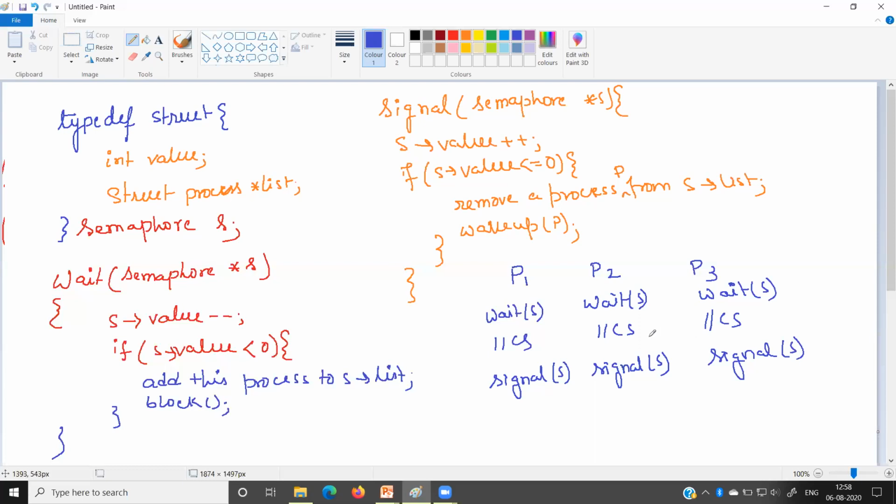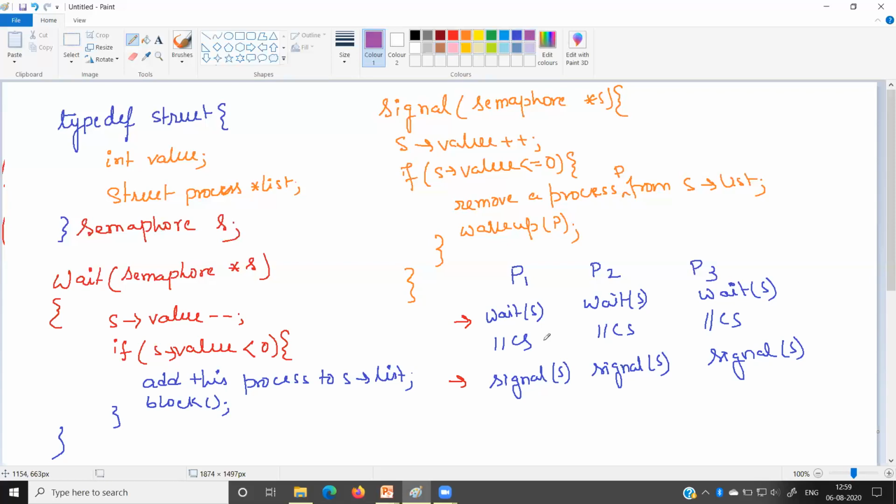In this way, if multiple processes want to execute the critical section, they will write their block in this manner. So this is the entry section, this is the exit section, and between the entry and exit there is the critical section. Now we will see how the three processes can execute the critical section one after another using this algorithm.